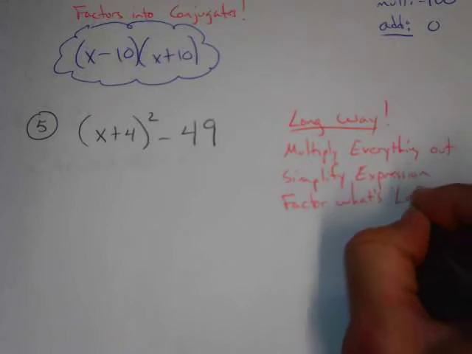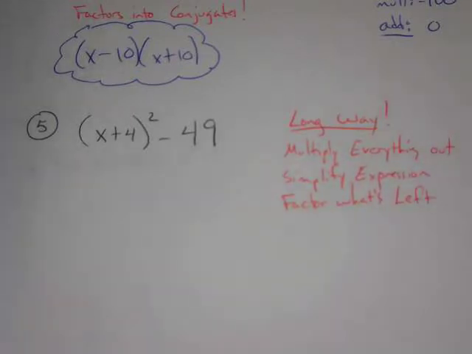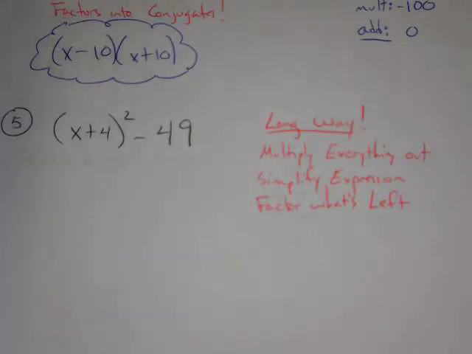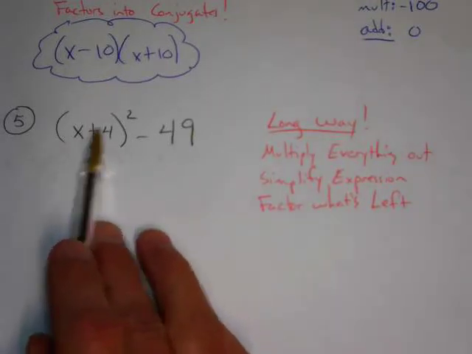Okay, so you can do it this way. I'm going to do it this way first. So the long way first. We're going to multiply everything out, we're going to simplify the expression, we're going to factor what's left. That's the long way. All right, so when we multiply everything out, we're going to first multiply x plus 4